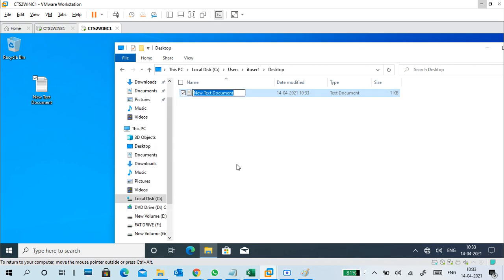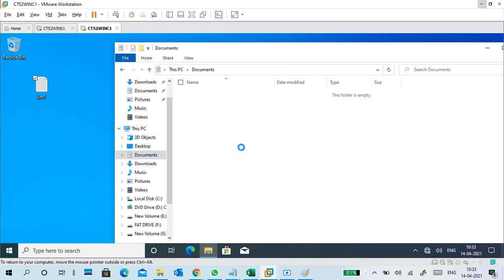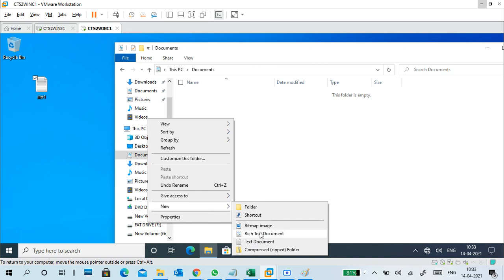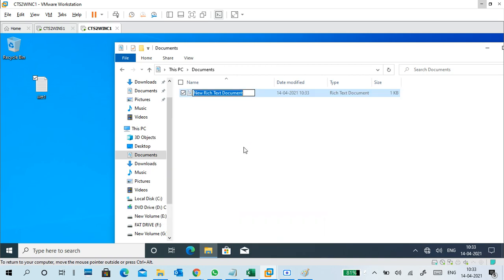I put a name, IT 11, see, like that. Also, you can put data in documents. I created a file here also, in documents.